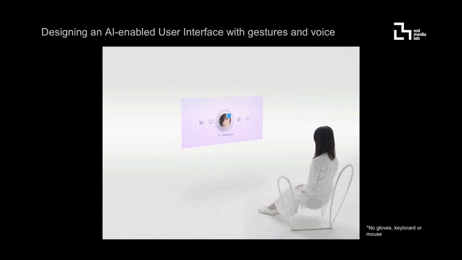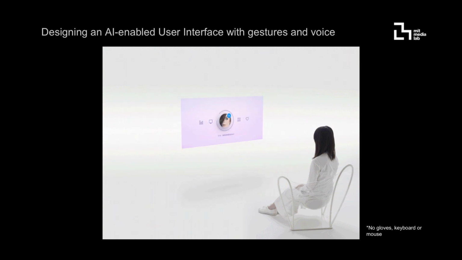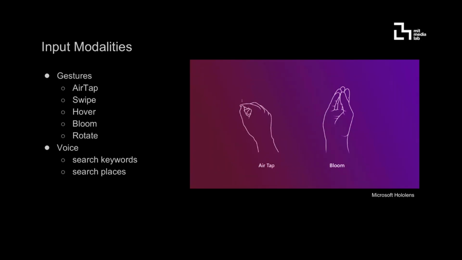And so we envision this AI that responds to the user's gestures and voice input. Imagine this interface that you see in front of you, and it responds to your input. You can ask it things, and you can also move content around using your hands. Right now, for this infrastructure, we're building in core gestural platforms. And just like you have a keyboard or a mouse, imagine a swipe or an air tap or a rotate gesture to manipulate the content you see in front of you. We're also implementing some voice inputs to control the finer details that you want to see.